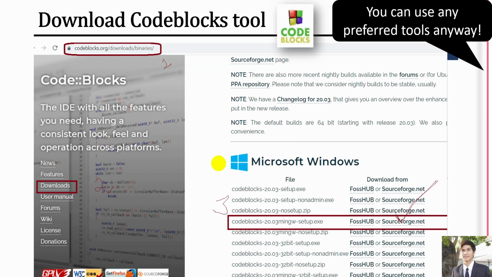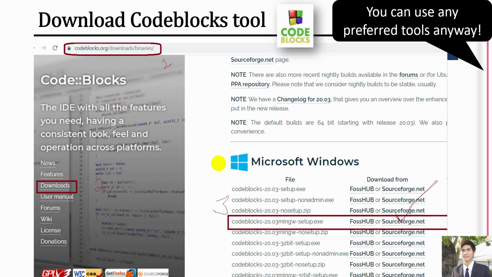So next we talk about the tool that we're going to use during our lab practice. Perhaps everyone has already installed some other programs such as Sublime Text, Visual Studio Code, Dev C++, or some other things. So here, I'm going to use the Code Blocks tool. Perhaps you already used it before. It provides handy features like color highlighting, error debugging, code completion, and so on and so forth. You can download it from this link,